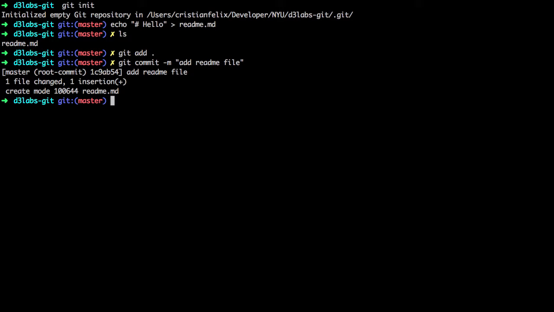Okay, so now everything is saved, but it's still in my machine. I have to submit this to the server. And how do I do that? The first thing, I have to add the remote